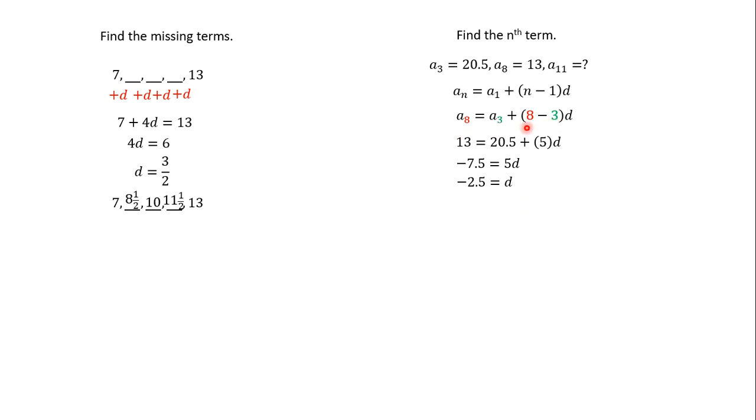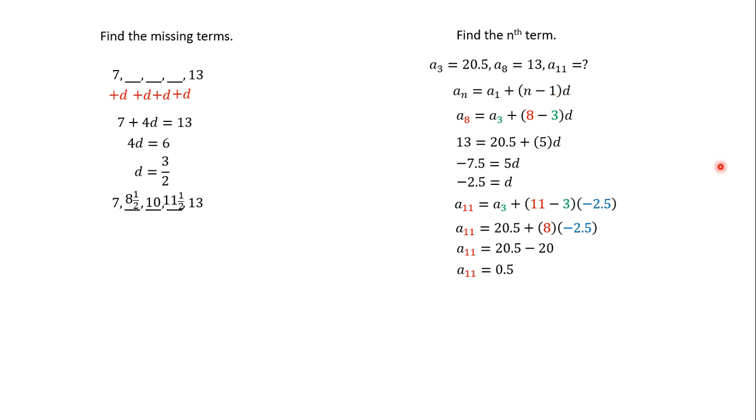And then we can change the 8's to 11's. Because we're finding the 11th term will equal the 3rd term plus 11 minus 3 times our difference, which we just found. We can plug in the 3rd term. It's still 20.5. 11 minus 3 is going to be 8. 8 times negative 2.5 is negative 20. So we have 20.5 minus 20 is 0.5, which, if you start at 13, minus 2.5 is 10.5, minus 2.5 is 8,